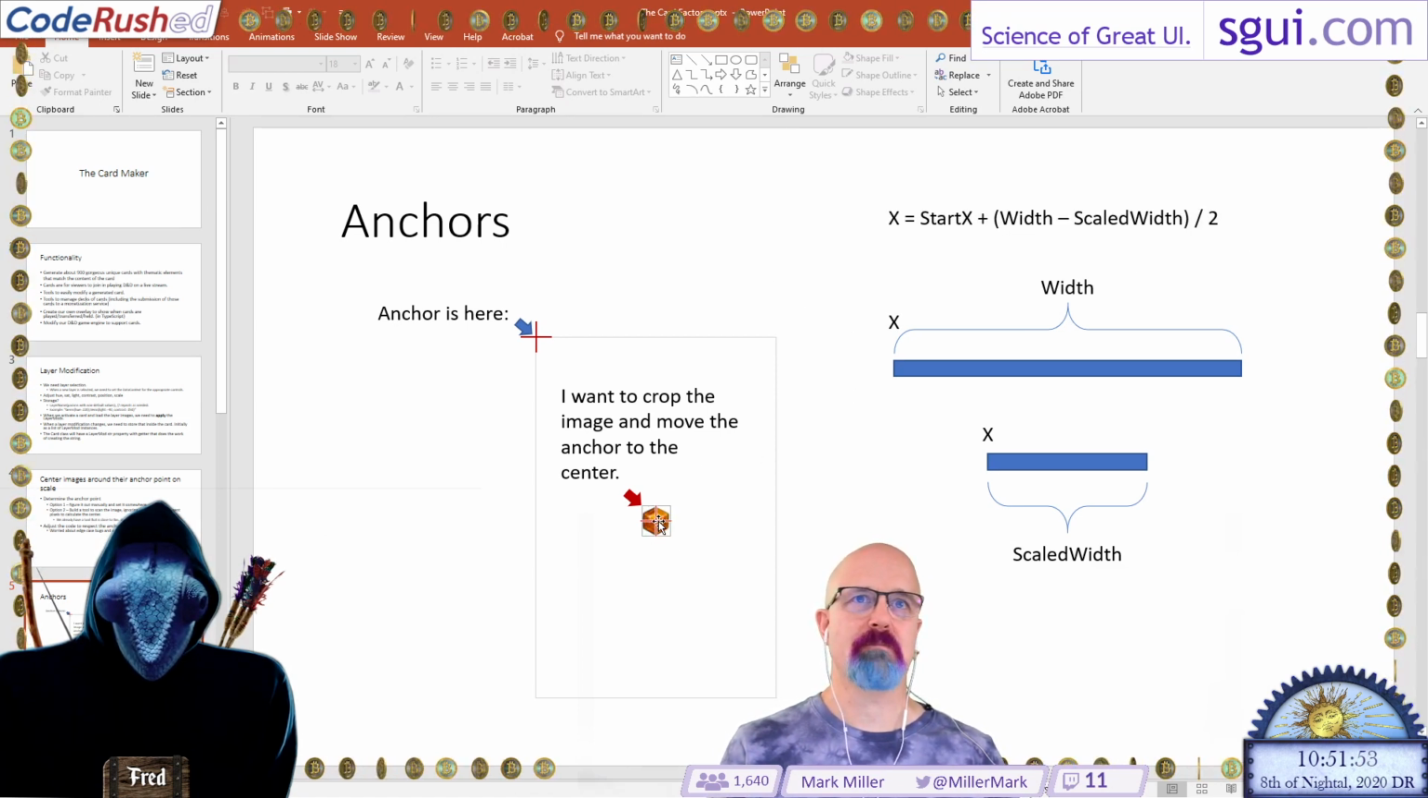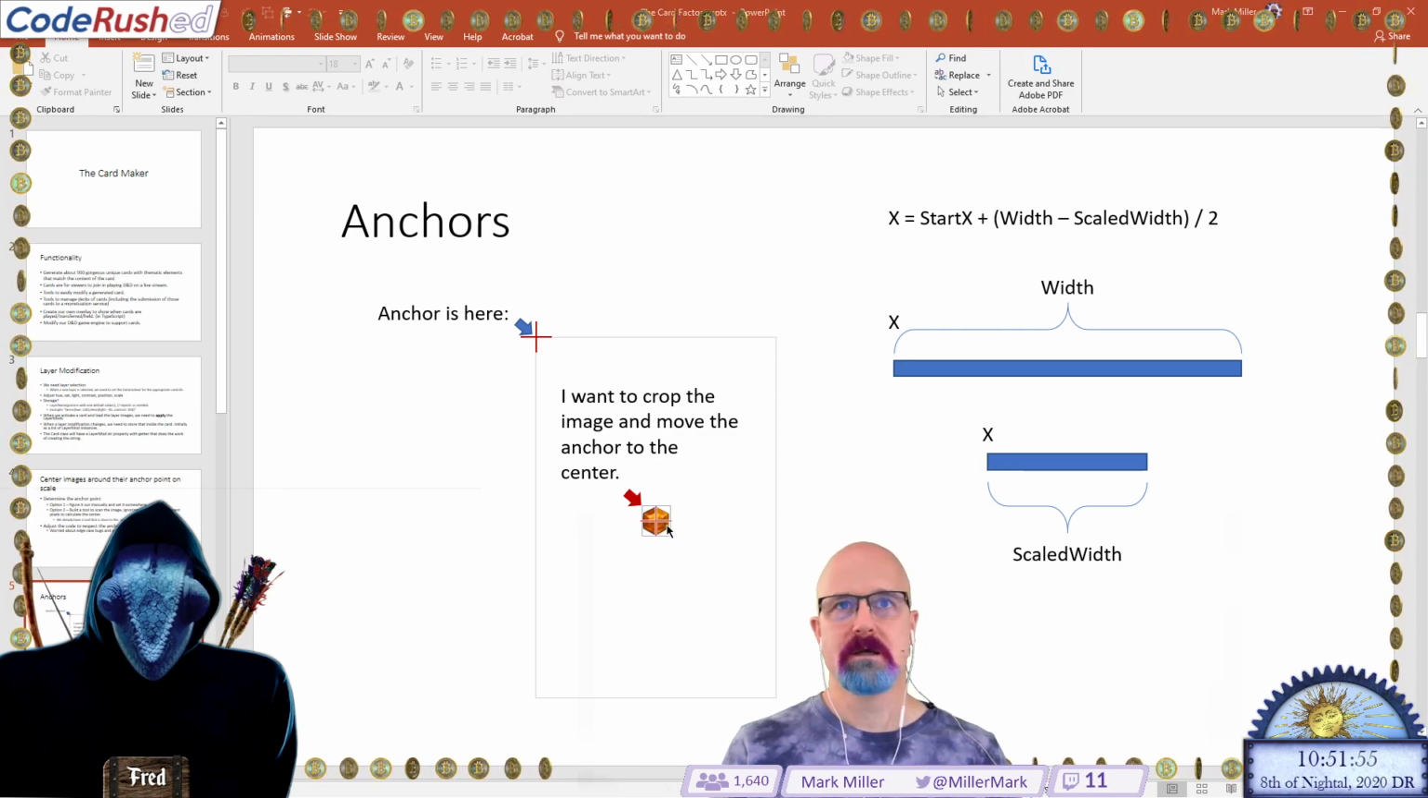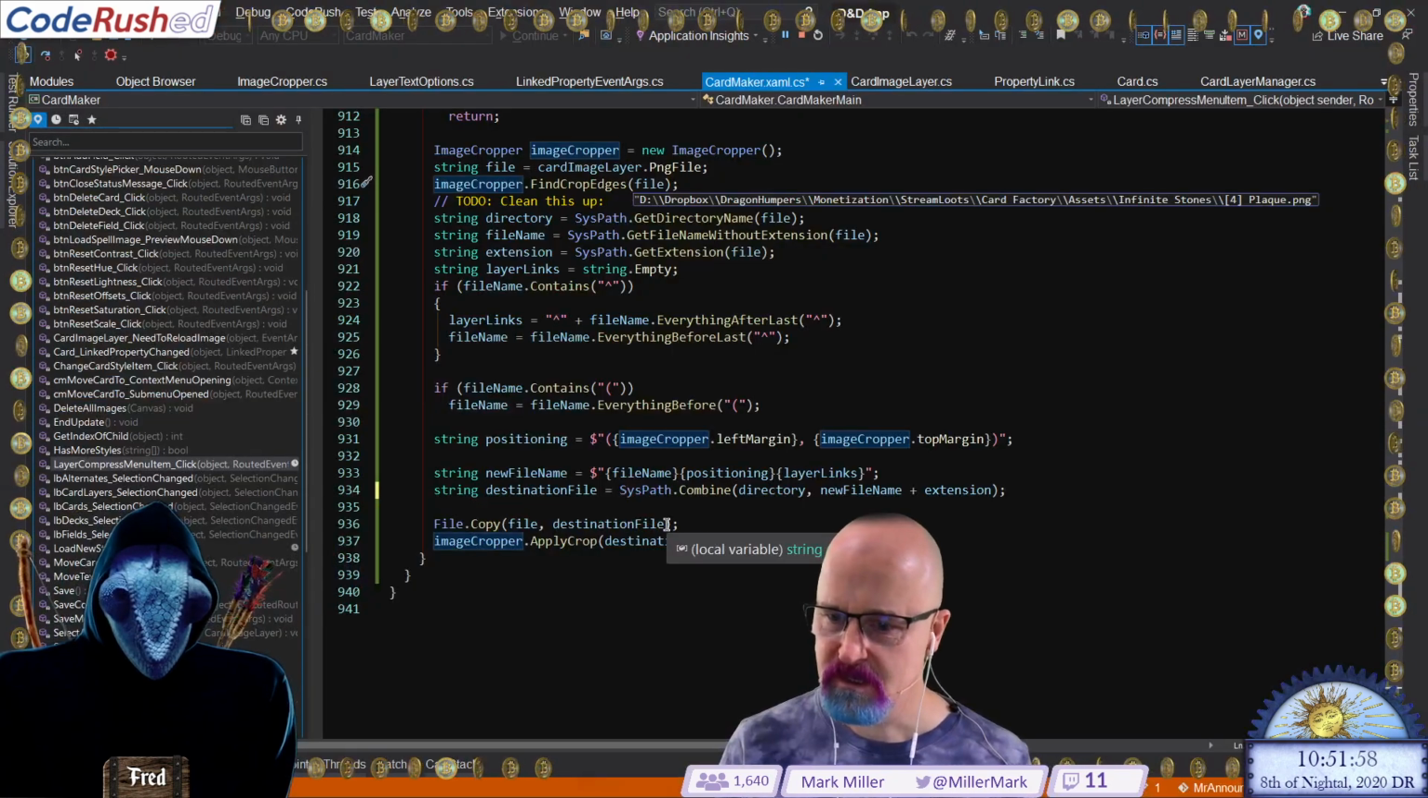Looks like we got the cropping part right. We just need to move the anchor point to the center. So first thing I want to do is,